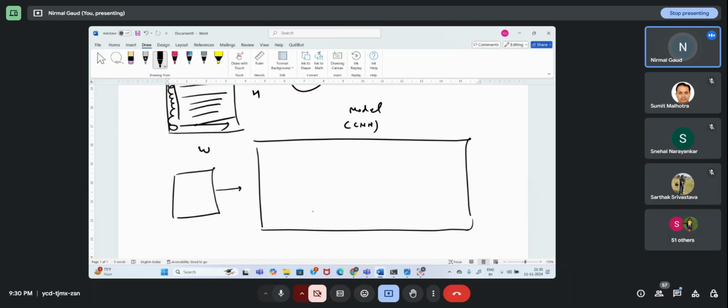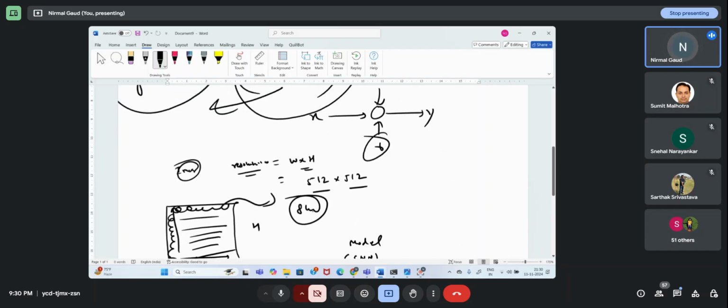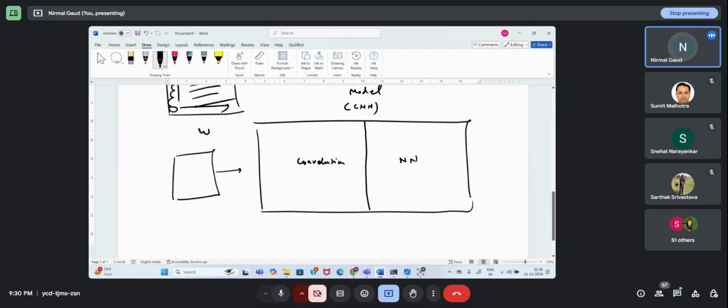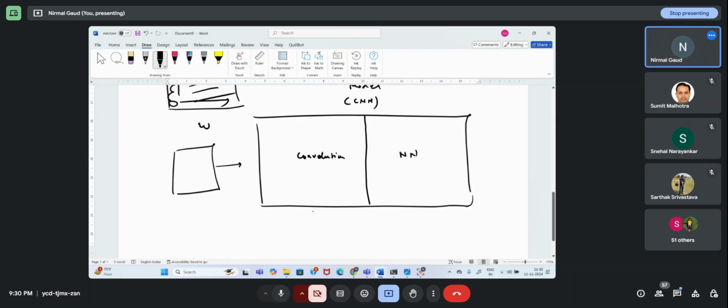So we have two things here: convolution and neural network. The neural network I have already shown you. That means I have layers of neurons.